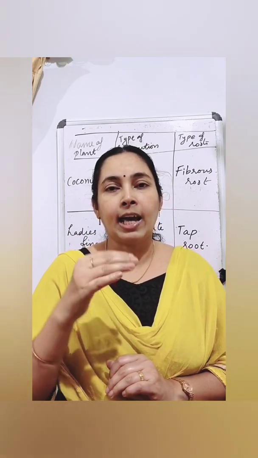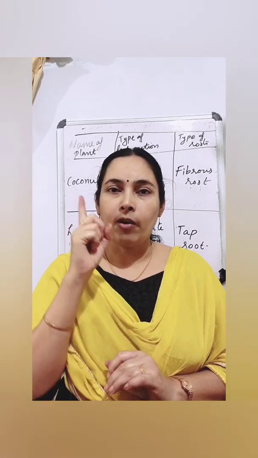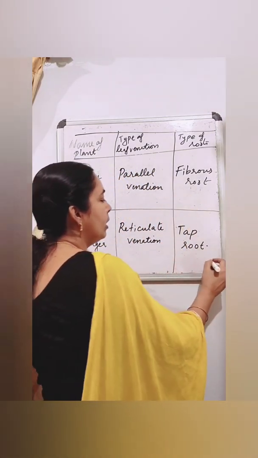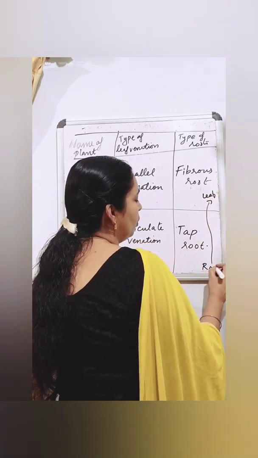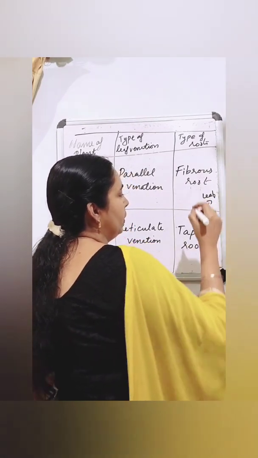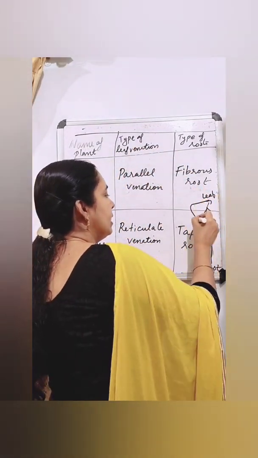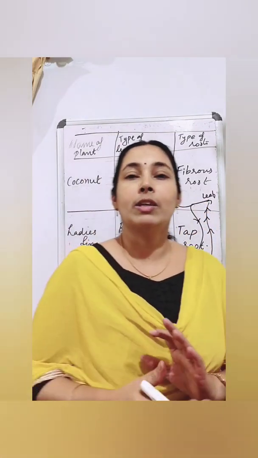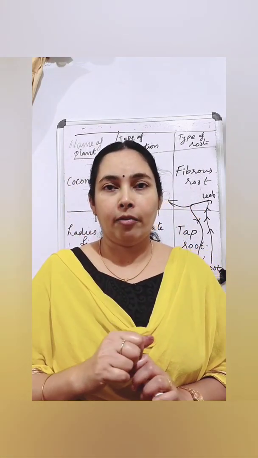So here we can see that the stem is acting as a street with two-way traffic. So which are the two ways? First one is it is carrying the water and minerals from the root to the leaves, so it is carrying upward. So that is one traffic. Second one, from leaves it is carrying the food to all parts of the plant. So we can say the stem is like a street with two-way traffic.